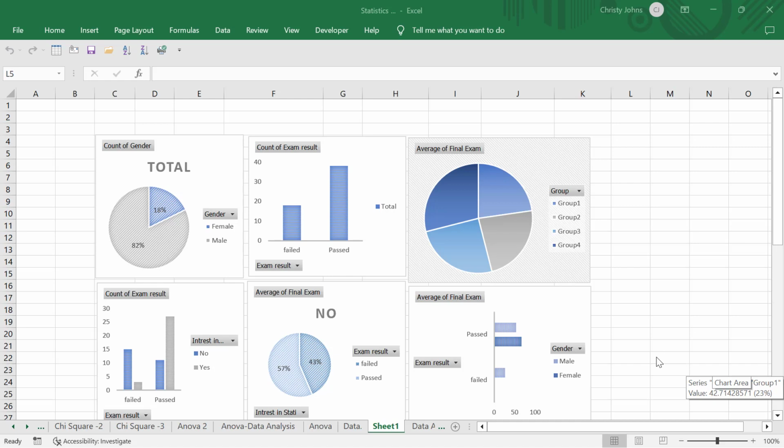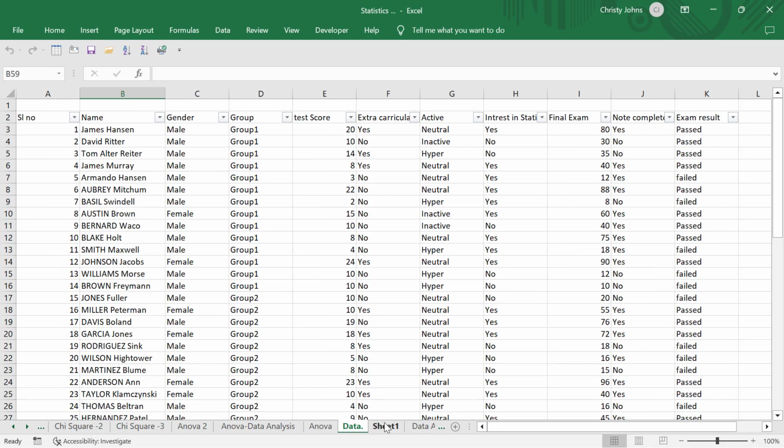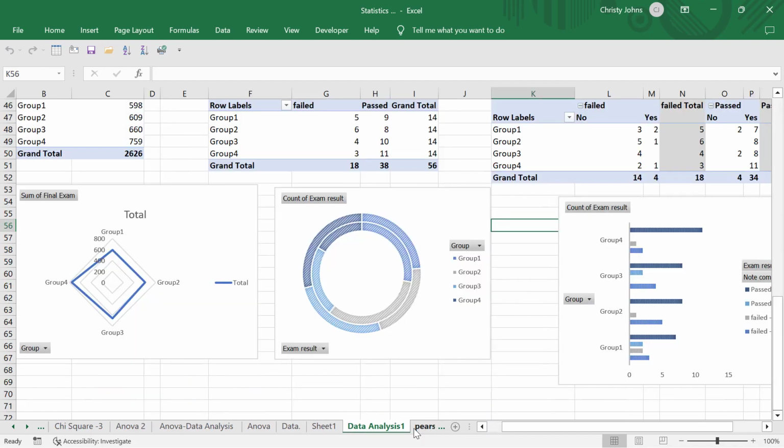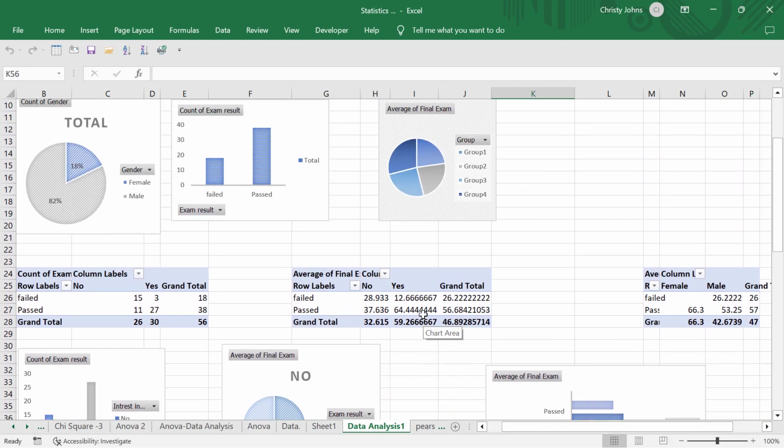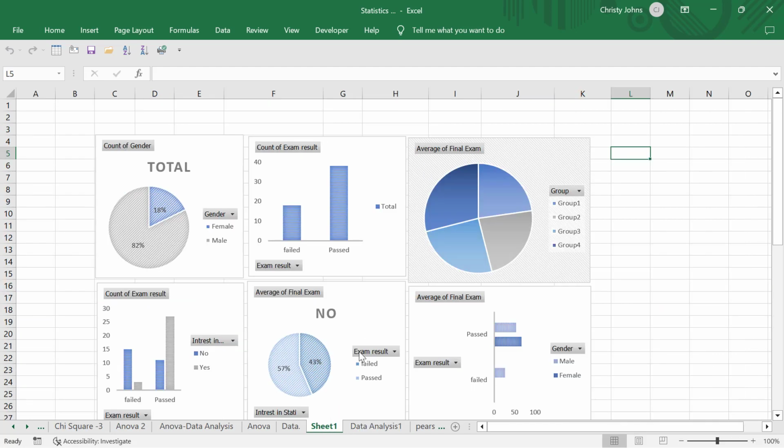So, in the previous video we discussed how to create charts using data, and we created many charts. We can see this is our data, and we have created pivot tables, and using the pivot tables we have created so many different types of charts. And here you can see